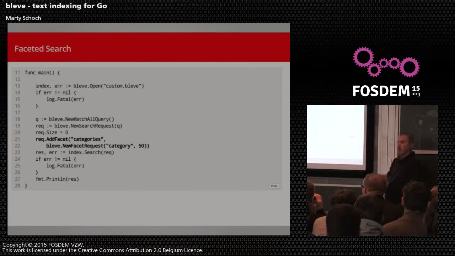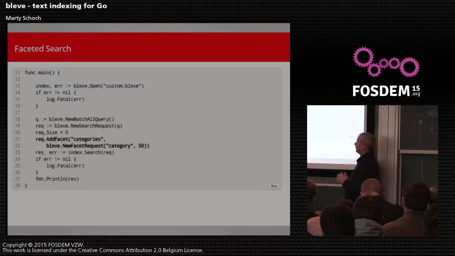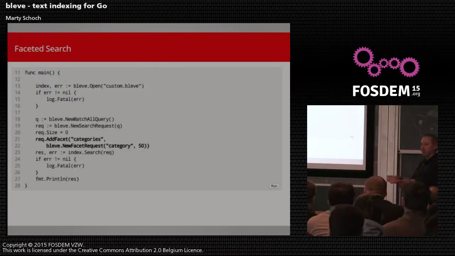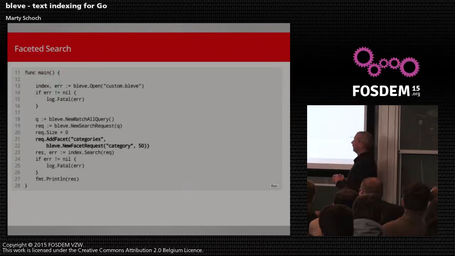Now, I also mentioned faceted search at the beginning of the talk, so I wanted to demonstrate that capability as well. In that data structure we got, there was a field called category, which corresponded to the track of the talk. So what I've done is I've added a facet request here called categories. And so it's basically going to, you can imagine it creating a bucket for each of the different categories and tossing it into the correct bucket. And so the results are going to give us the name of the category and then a count of how many would have been in that category.